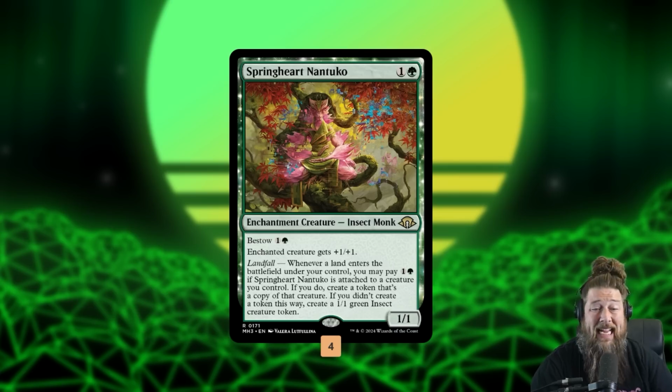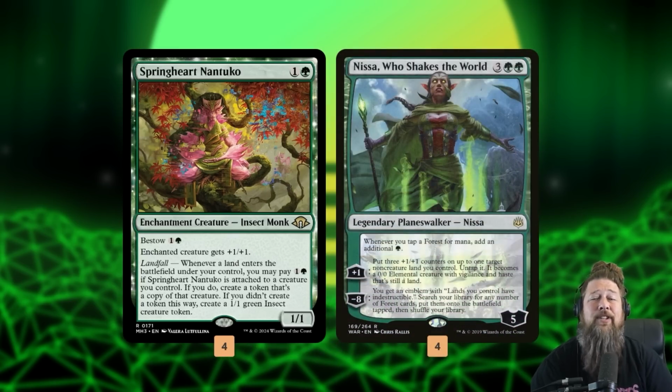So the goal of our deck is to bestow Springheart Nantuko onto a land that Nissa, Who Shakes the World, turns into a creature with her +1 ability. Also, Nissa lets our forest tap for 2 mana. It's important that we put Springheart Nantuko specifically on a forest, which is fine because most of our lands are forests anyways. So the idea here is we use Nissa to turn a land into a creature, then we put Springheart Nantuko on it, and then all we need to do is make a land drop,